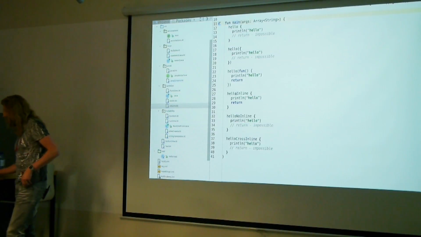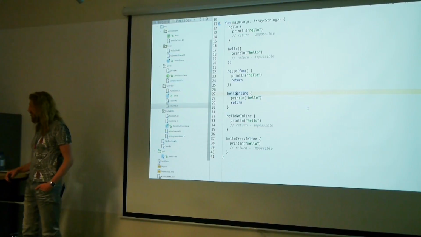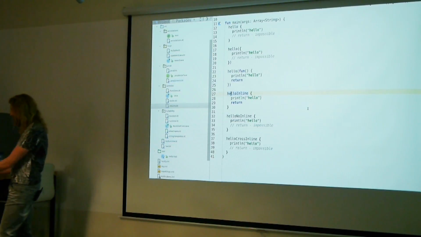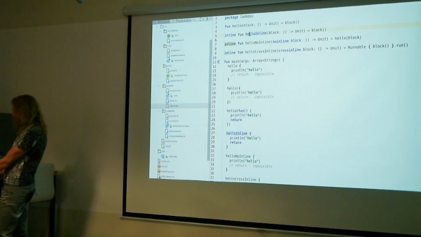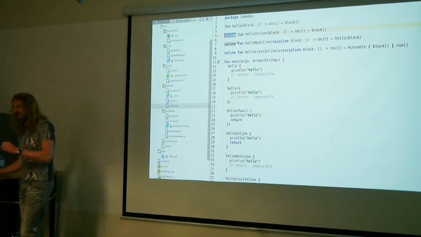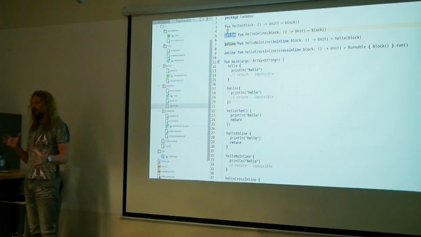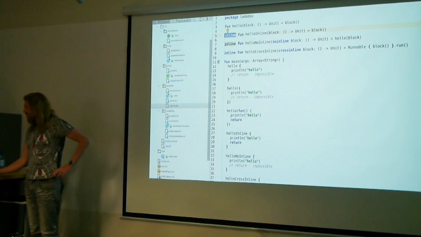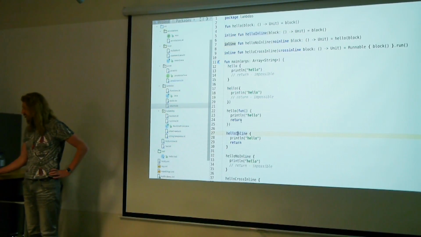And the next thing is an inline function. So this hello inline is defined here as the same as hello, but it uses the inline keyword. If you think about it a little bit, when the compiler sees the call of hello inline, it will substitute it with this body.